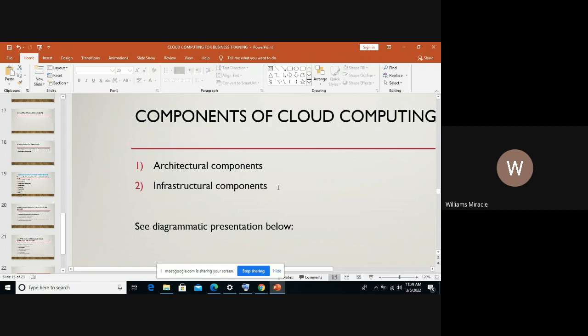The storage, if you know what storage is, the cloud uses the distributed file system for storage purpose. So with that, you could be able also to take note of that. So these are very, very important as far as the components of cloud computing is concerned. Are you all with me?